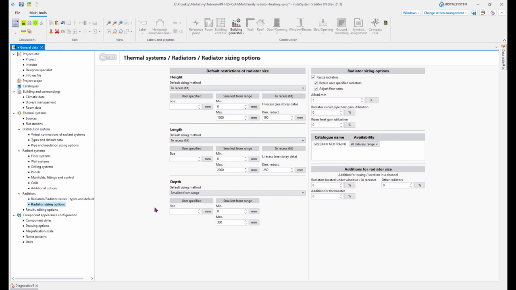And on this tab we can define the method of determine the size of the radiator separately for each dimension. So for the height, length and depth of radiator. Default method is fit to recess, so to fit under the window. And we've got two other options for each dimension: user specified or smallest from range. And let's take a look again on our example